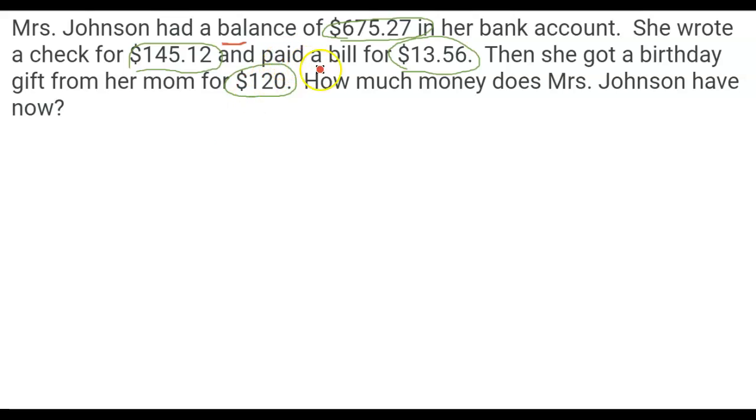She also paid a bill for $13.56. So again, she's going to subtract that from her account as well, because she's paying a bill from that account. But then she got a birthday gift from her mom for $120. So in this case, we're actually going to add that to our balance. Okay, so we've got our balance, we're going to subtract some things, and we're going to add some things. So let's do it. Now remember, we've got to line up the decimal points. That's the main thing. So we're going to start with our